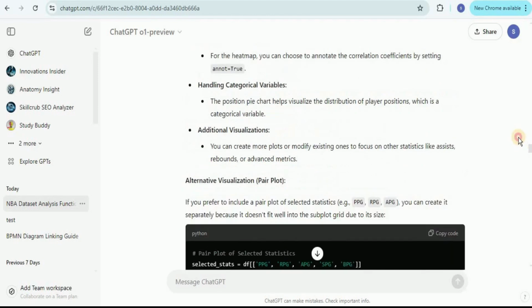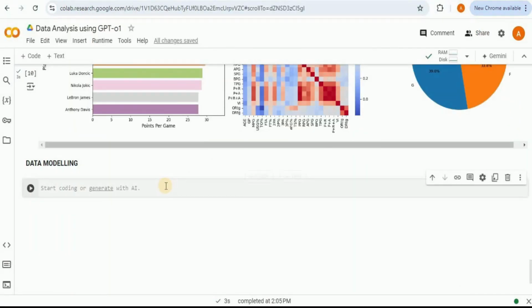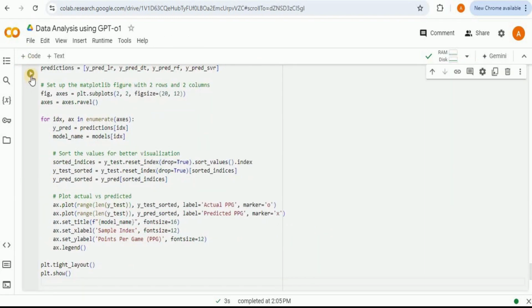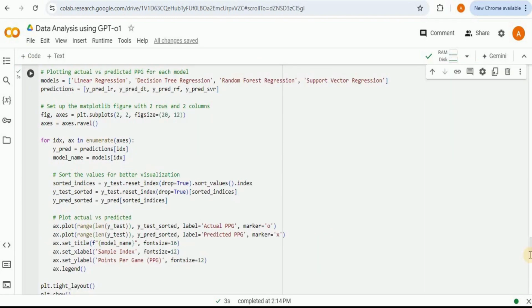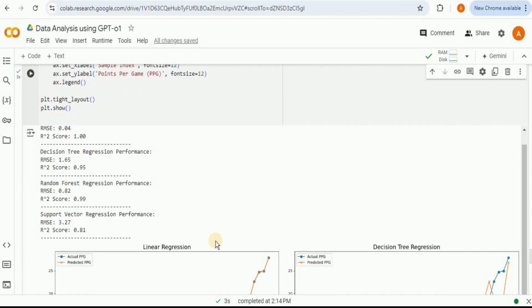I'm simply going to copy the code. I'm not going to go inside the code complexities. And I'm simply going to paste the entire code right here. Let's go ahead and run it. Alright, so it ran without any error, which means the code was absolutely correct. Let's scroll down here. You can see that it has provided us some numeric values.